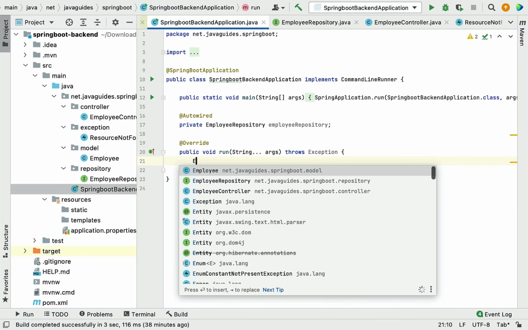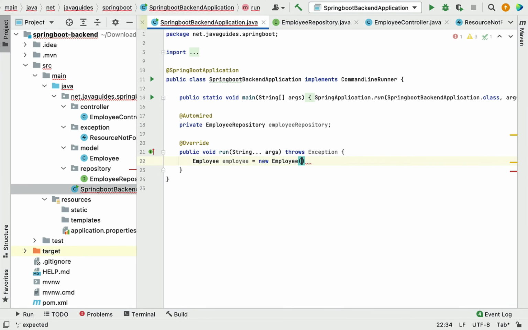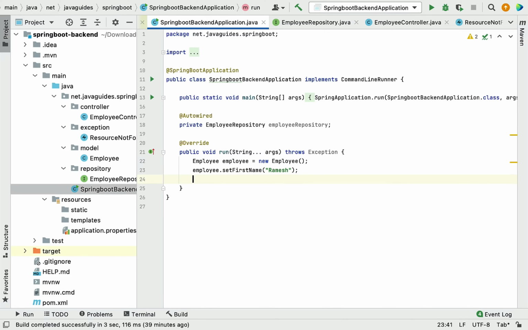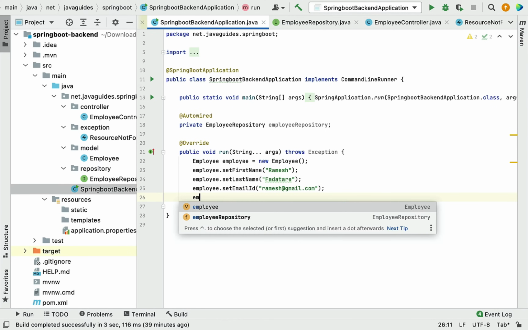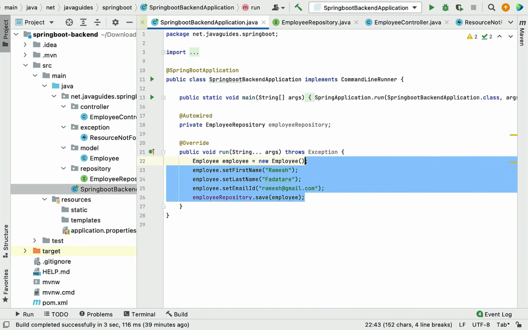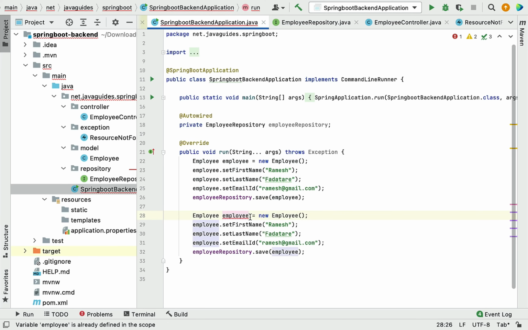Perfect. Now within the run method, create an object of Employee and set values: employee dot setFirstName, let's say Ramesh, employee dot setLastName, Fadatare, and employee dot setEmailId, ramesh@gmail.com. Then we're going to call employeeRepository dot save method to save this employee object to the database. Similarly, let me copy this code and insert one more record. Paste it here, rename the object to employee1, and change the values: John, Cena, and email as